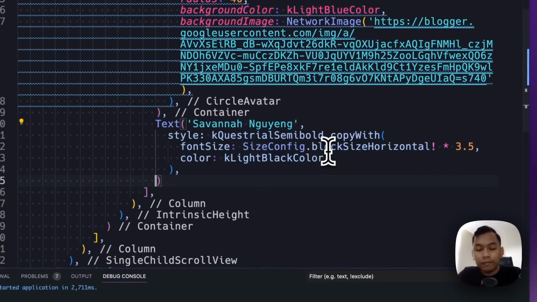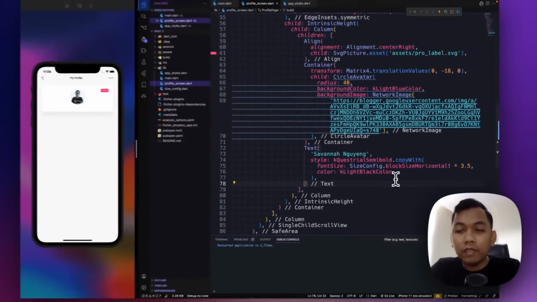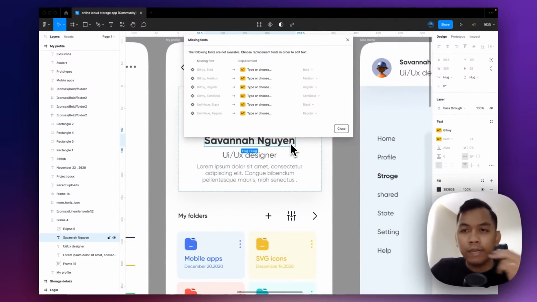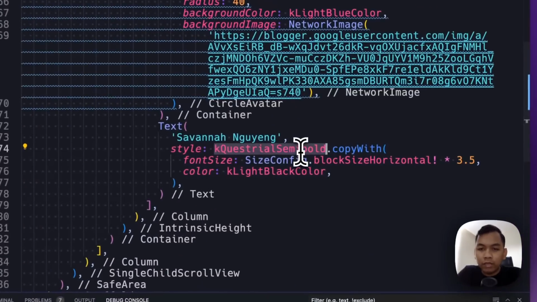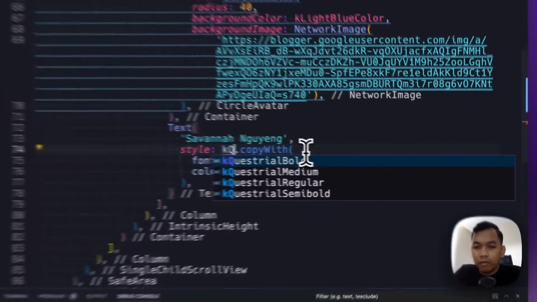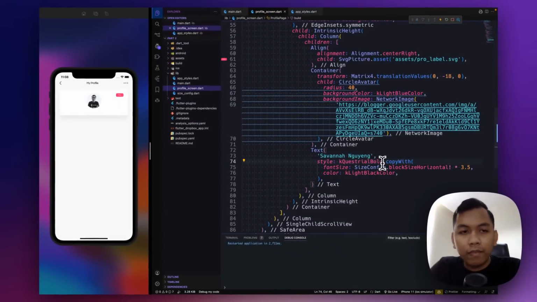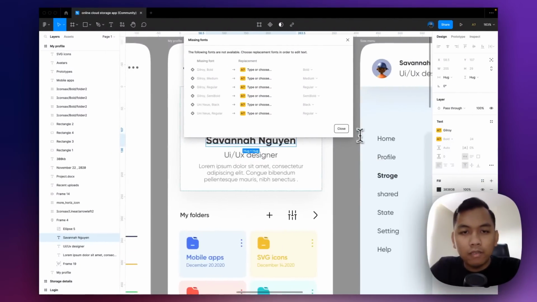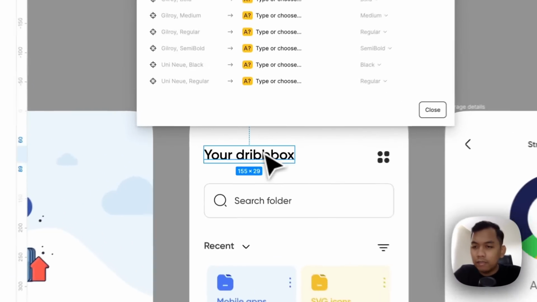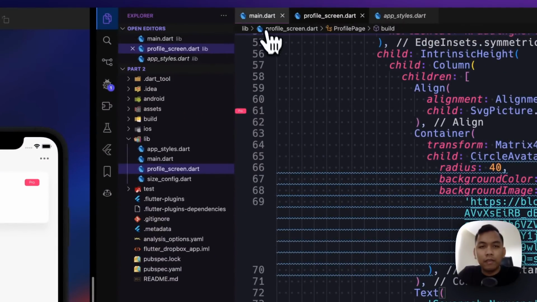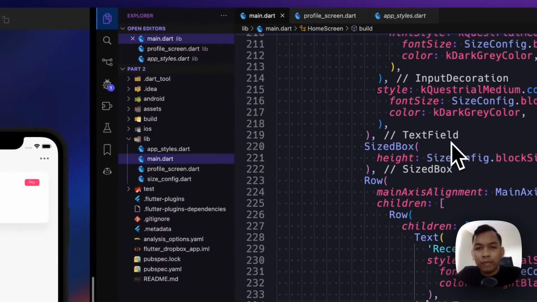And paste here. The size will be 24 and it's bold, so we just need to say kBold and 24. Let's check this. Alright, so it will be like the previous.